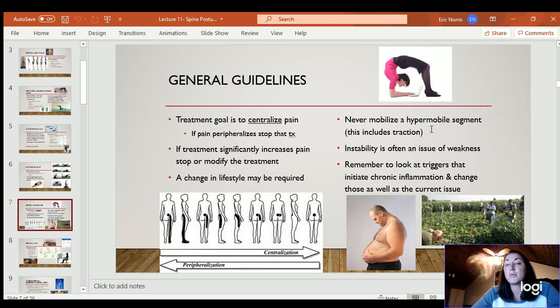Instability is often an issue of weakness. So if there is an area that's hypermobile, it's moving too much, then you will often find that the transverse abdominis is weak, which we know is common with people with back pain in general. So it's always a good idea to test that out and strengthen it. Another thing with that, with the instability,